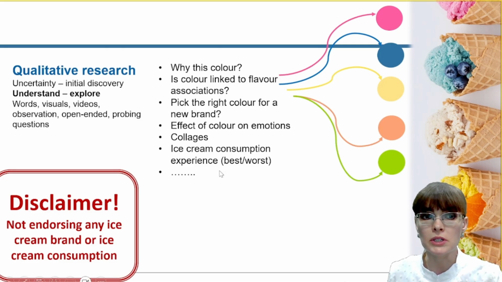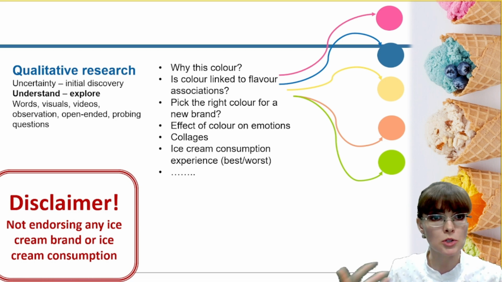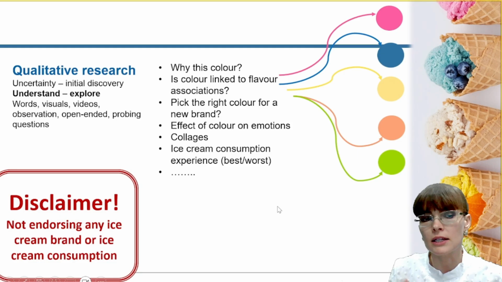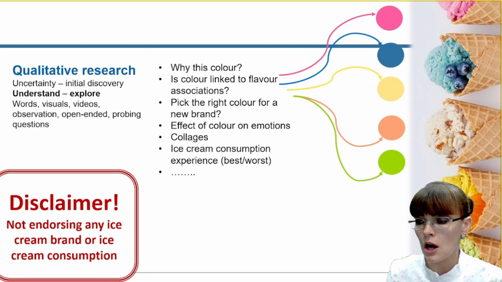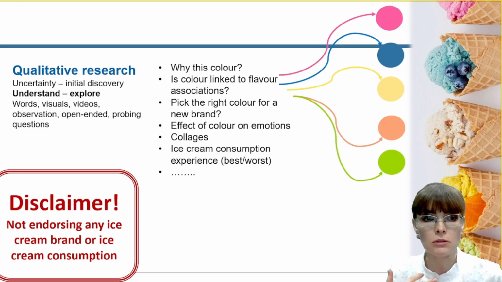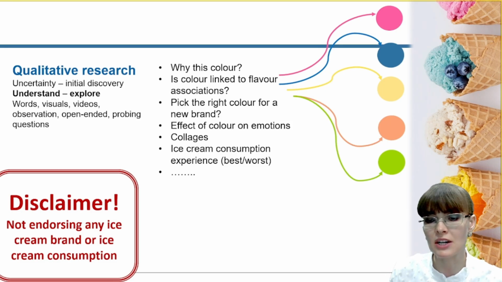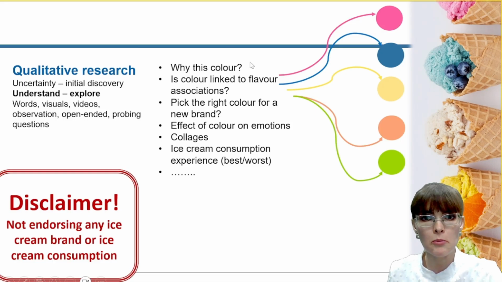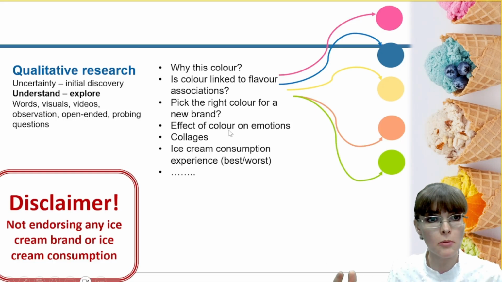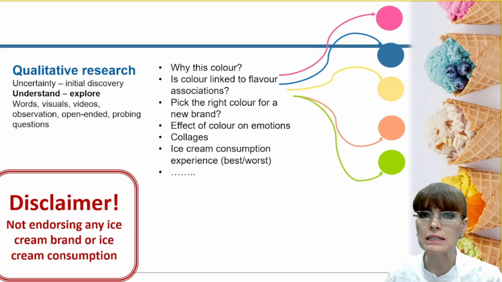You can also use qualitative research to understand past experiences. Let's say best and worst ice cream consumption experience, and you can also use collages for it. You may also want to understand, is a particular color evoking a particular emotion, or whether if they feel in a particular way, they would consume or pick a different or specific color for their ice cream. Of course, the example here with emotions and color is made up. I'm using it for educational purposes, but if you find a paper which actually showed that there is an association between the color choice of the ice cream and how we feel emotionally, please put it in the comment down below. I would love to read it.